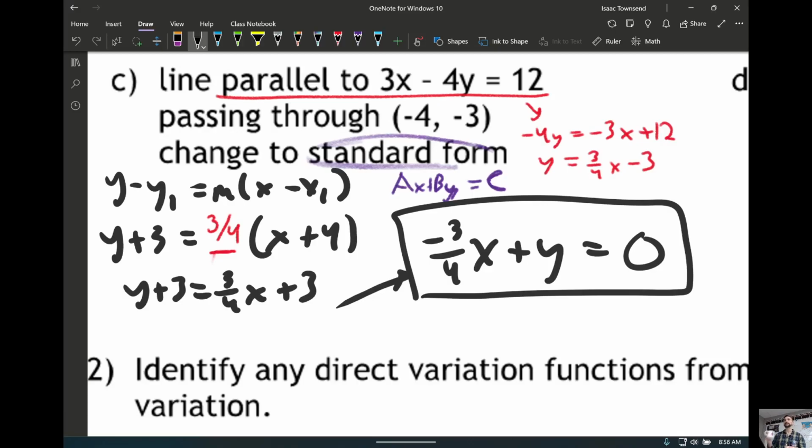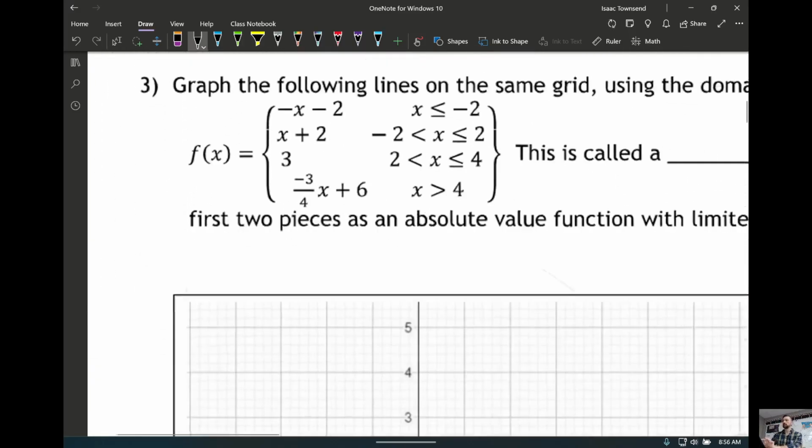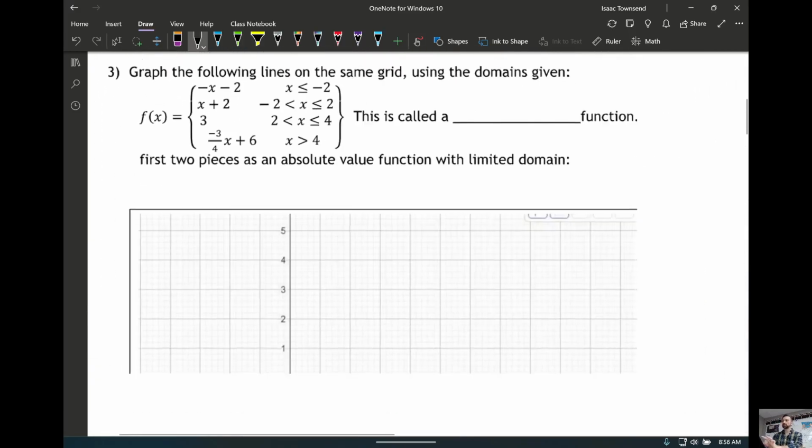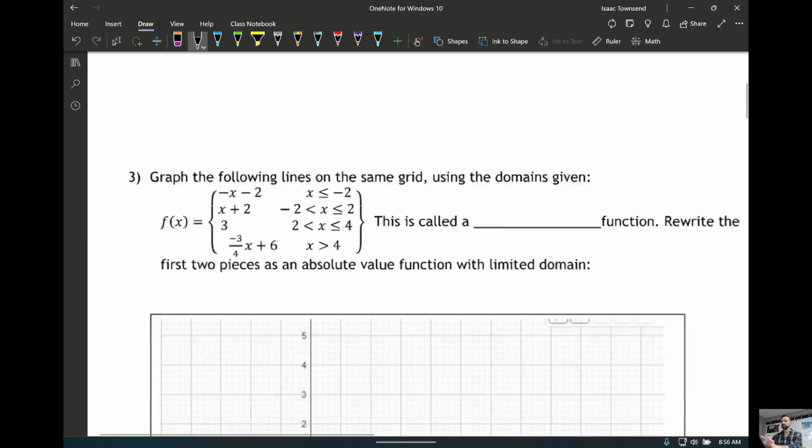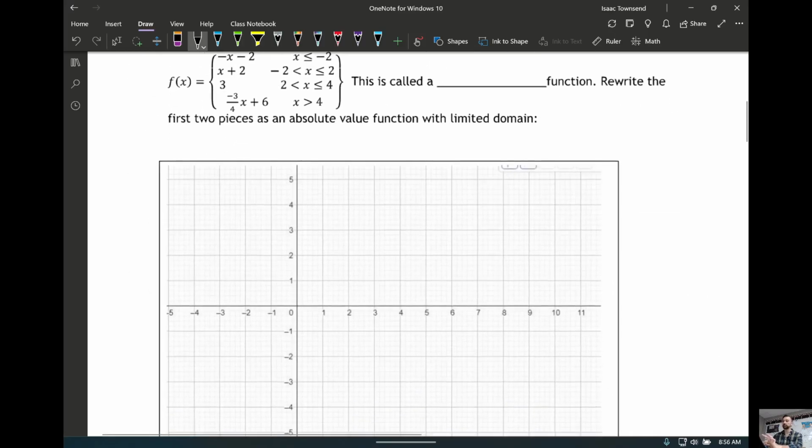Did you just do 3? Yep. And again, we are actually going to practice this one type of question a little bit more and finish up test review stuff on Wednesday. So